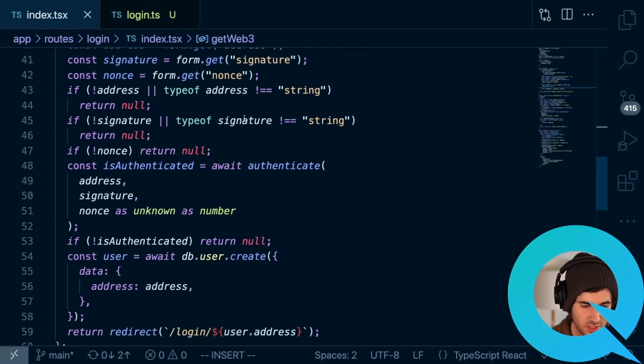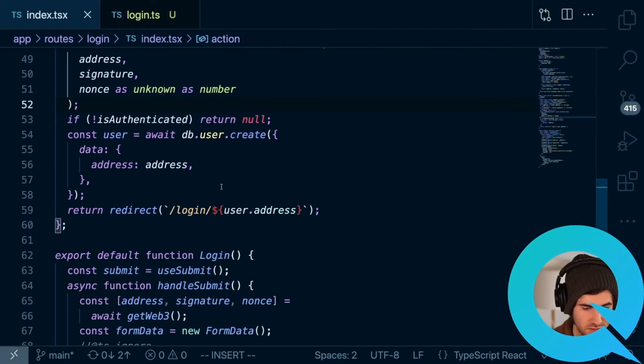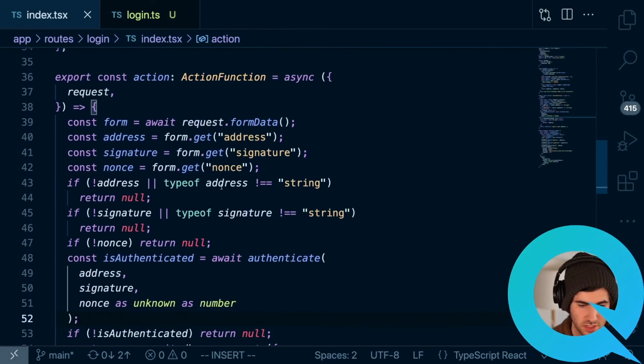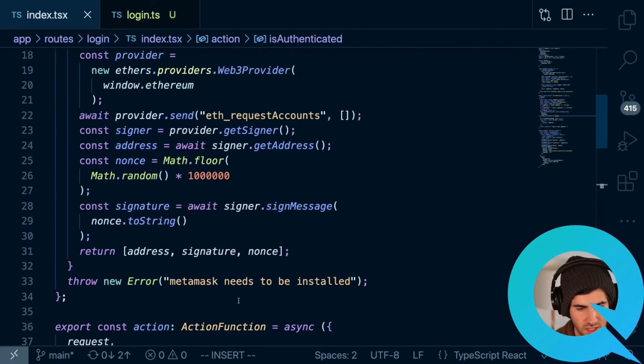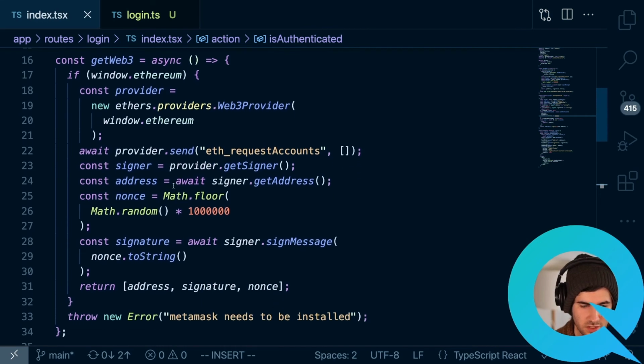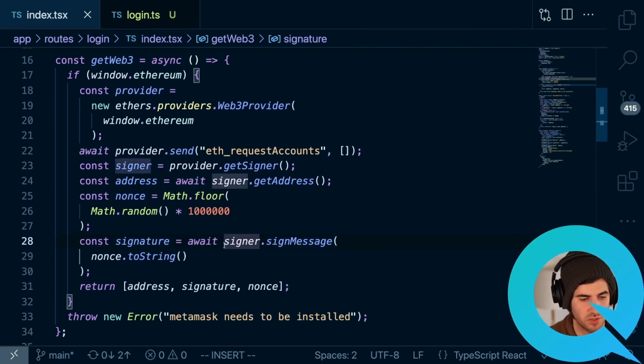You can see really quickly that I did have to make a change to the code here. You can't do the type of signature equals number. So I just checked if it was a nonce, and then I cast the type to a number. And then also added an await here for some of these addresses and signatures because I wasn't doing that properly originally.